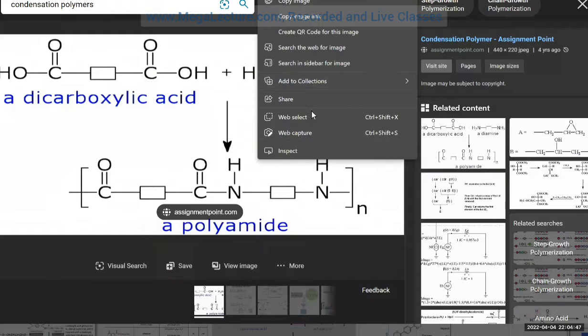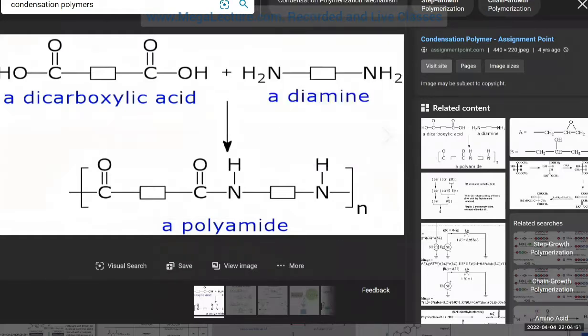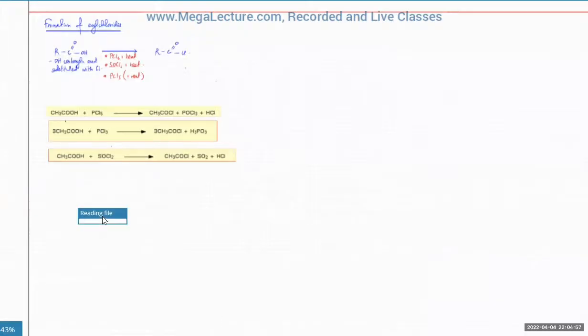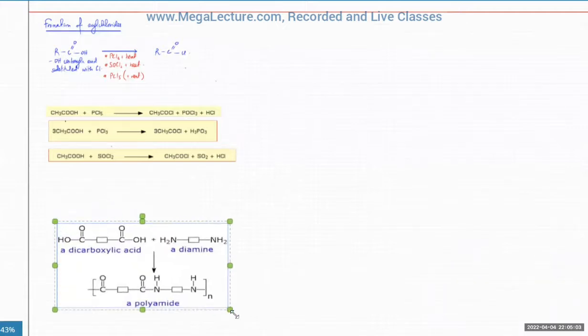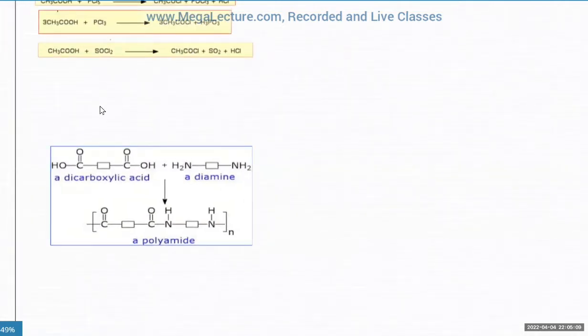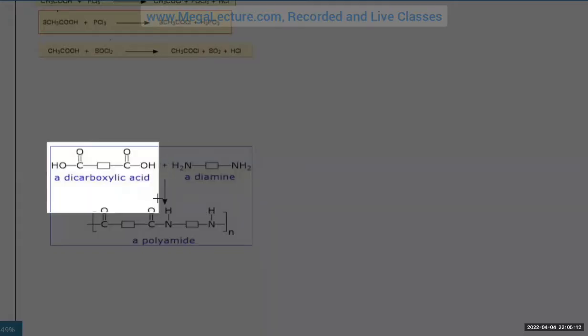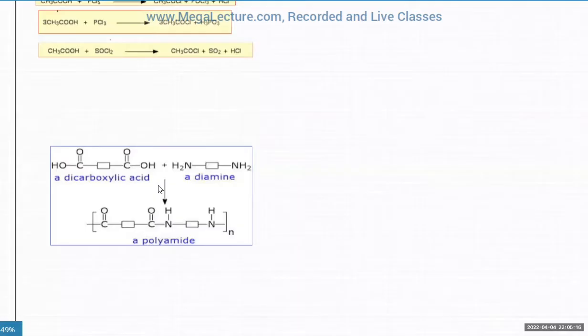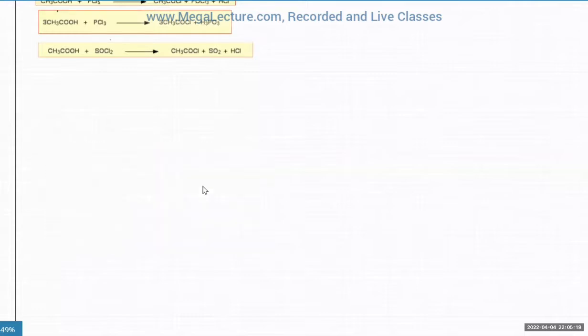This thing is. Just one second. So this is one example of a polyamide. This is how polyamides are formed. What basically happens is you have a molecule, and that molecule is a dicarboxylic acid. And this one is actually incorrect. Let me correct this. I'll just quickly explain condensation polymers. So very quickly, let's just have